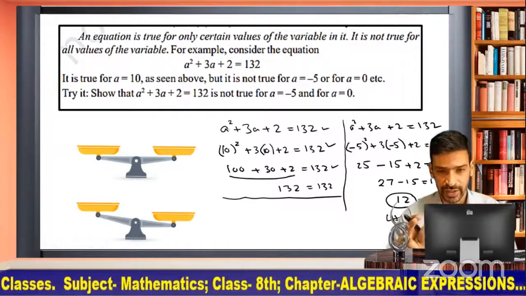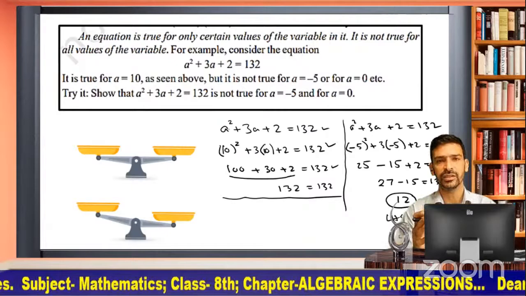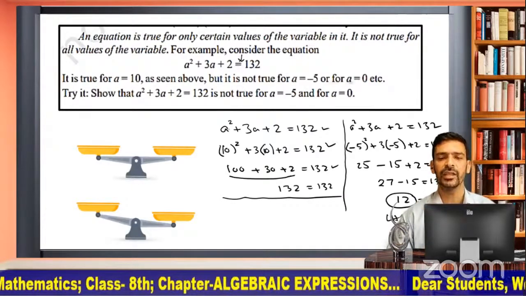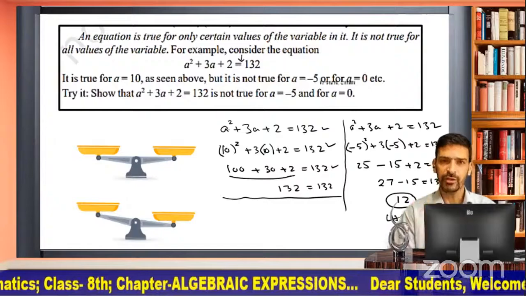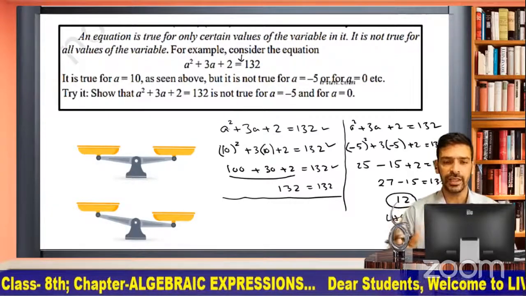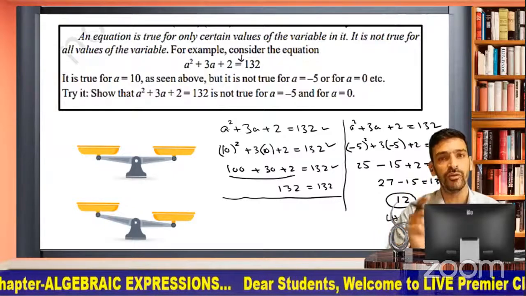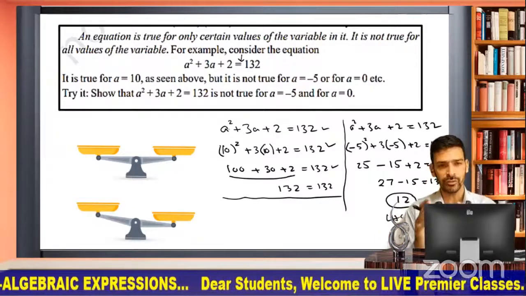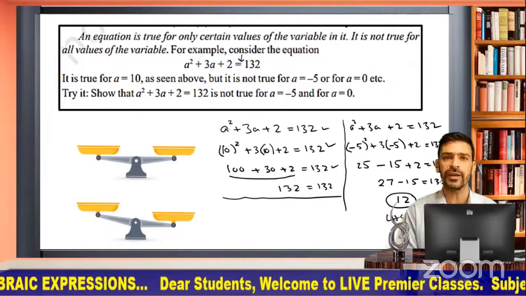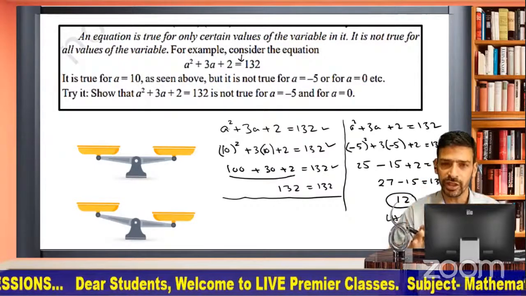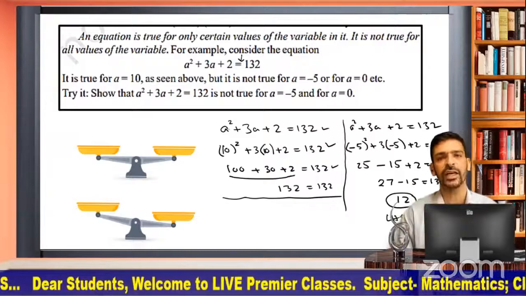We took an equality, an equation. We have the sign of equality, it is an equation. We took the value of a as 10. Yes, we found that LHS is equal to 132 for the value of a being 10. Now if we change the value of the variable to minus 5, LHS is 12 and RHS is 132. This is an equation, but this is not an identity,